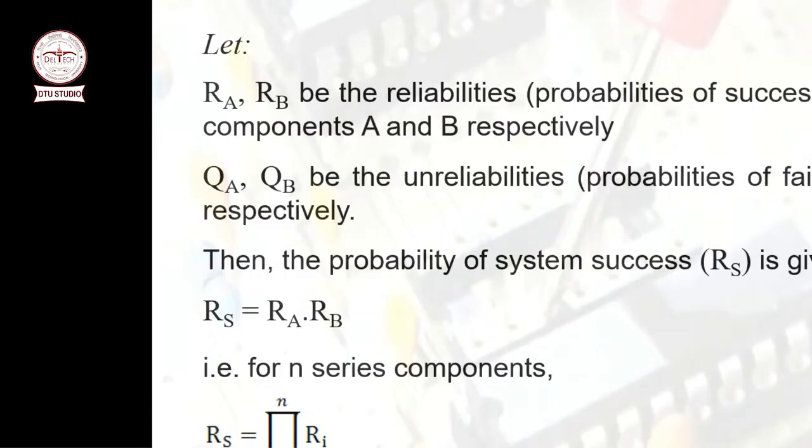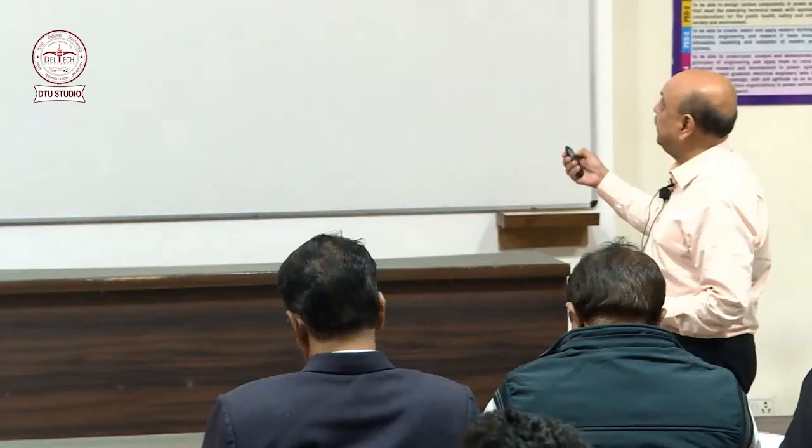Right, so RA and RB are the reliabilities of those two subsystems, which of course is the probability of successful operation, right? That's how we define reliability. The probability that the system will operate for the period of time intended under the operating conditions encountered adequately, right? So that's why it is the probability of success. And the unreliability is the probability of failure in general. That's how